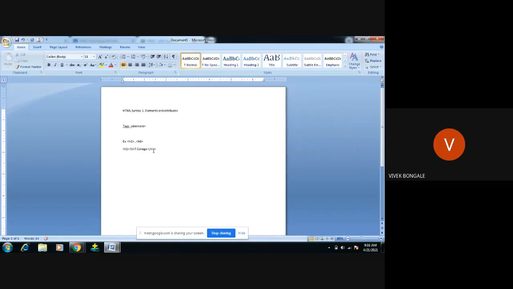Whatever element we open should be closed. That is the basic rule we need to follow while writing any HTML code. So SVIT college is the content.